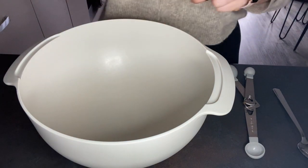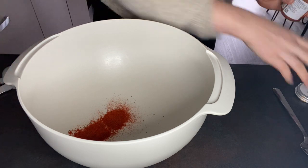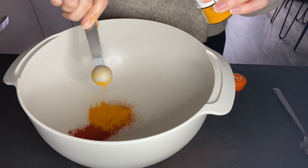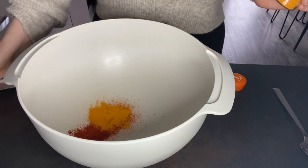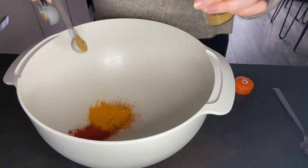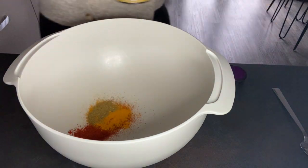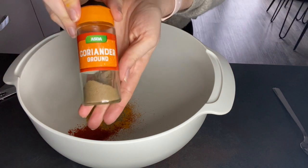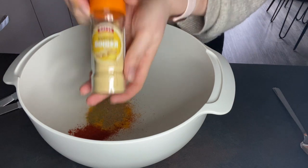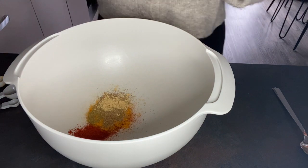I'm using 5 ml of smoked paprika, 5 ml of turmeric. These will add a lot of colour to the dish. 2.5 ml of cumin, 2.5 ml of garam masala, 2.5 ml of ground coriander, 2.5 ml of ground ginger, some black pepper,